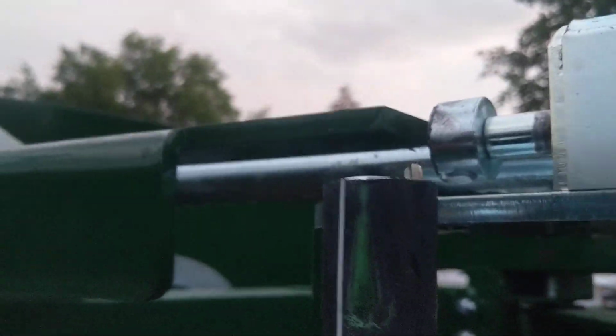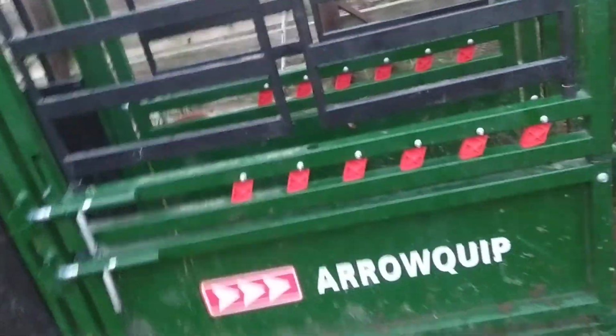I think on some of them they have rubber flaps there instead. Now we can watch that foot again, see what happens. It gets way over here on the edge. Ouch. That's the only problem, is that foot doesn't like to. I'll show you when it does it. Well, here's what we do. I open this up, I do my castrating, I go in, whoops, I gotta latch it so it catches. Now, did the foot get out of position? No, it didn't work. Of course it didn't work this time, but